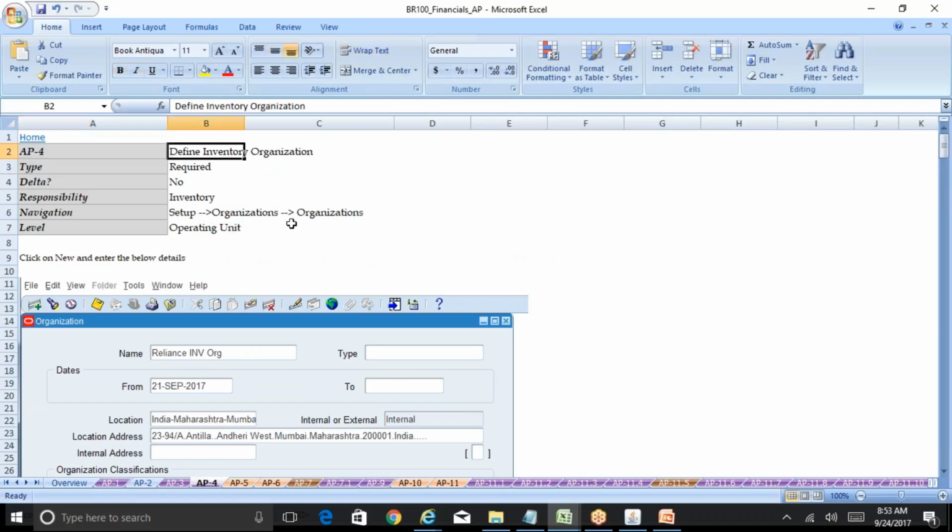Okay, so the next step is defining the inventory org. When you are continuing with the setups for the subledger, which is AP, it is mandatory that we need to have an inventory org. Even if you are not using the inventory module functionality, it is mandatory that you create at least a dummy inventory org. The reason being,